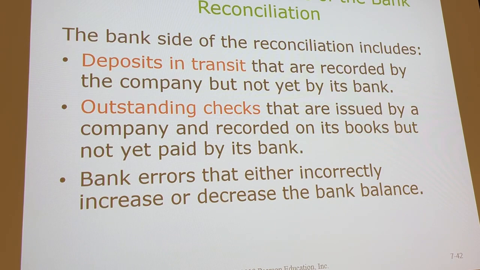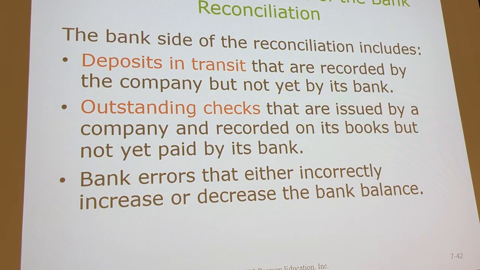Maybe we mailed the deposit to the bank, or it used to be that banks would have like a 2 p.m. cutoff time for recording deposits, and if we didn't take it to the bank until 3 p.m., maybe it didn't get recorded that day. So a deposit in transit would always be a positive adjustment on the bank side, because it's something that